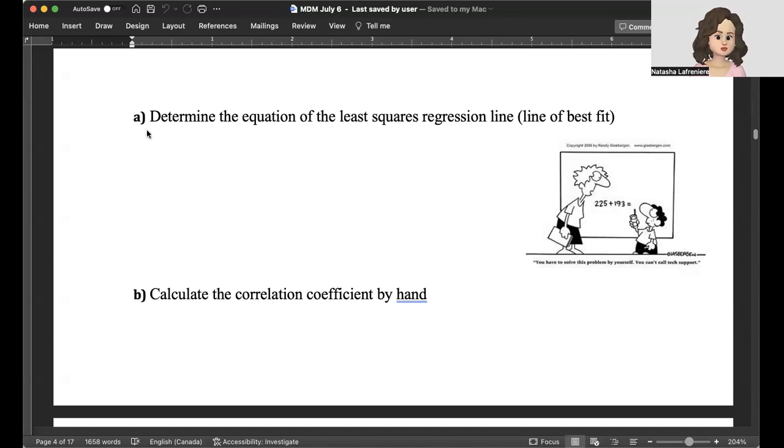Okay, so your slope is your m or your b, depending which equation you're using. You would find it by doing n times this guy, the sum of xy, minus the sum of x times the sum of y, over